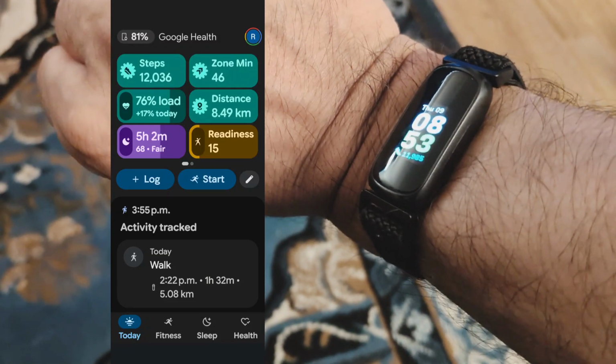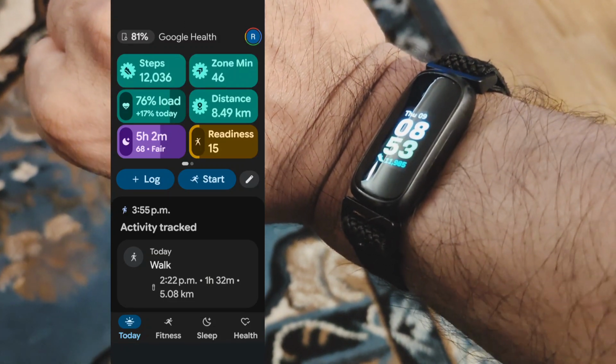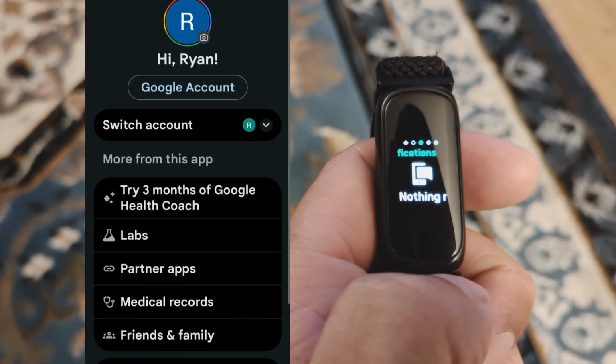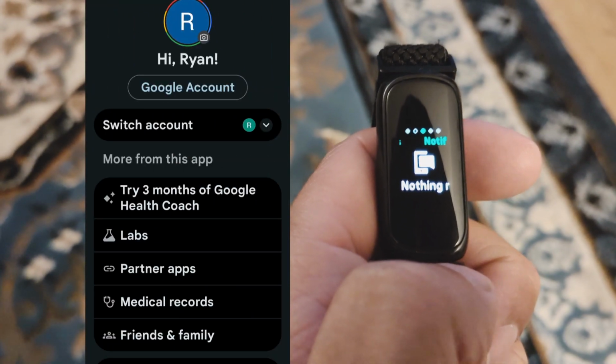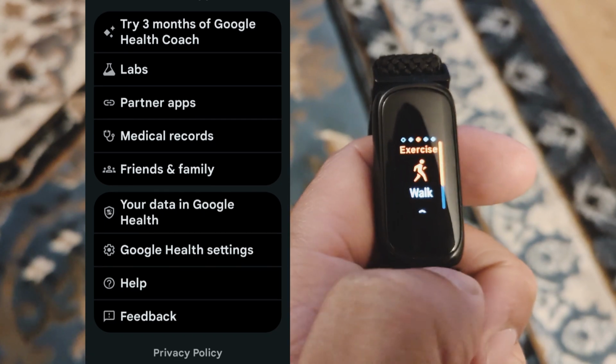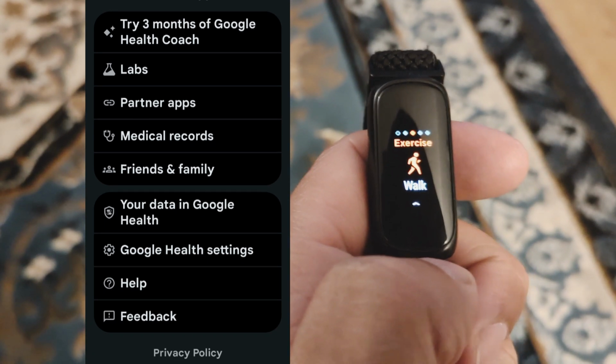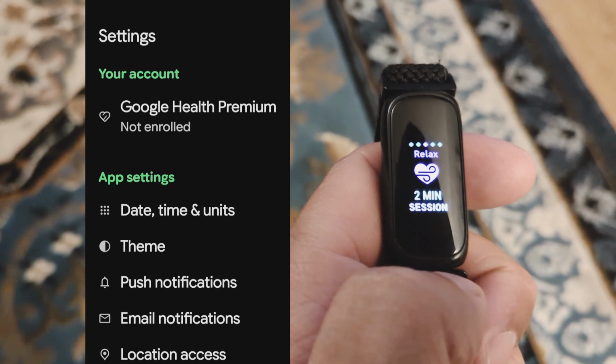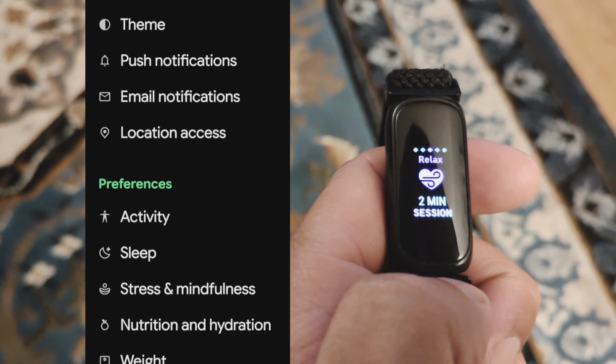Okay, to turn off activity detection, you actually have to go to the top right corner to that icon there. You push your icon, and then you're going to scroll down until you see Google Health Settings. From there, you'll have to scroll down some more here, and then eventually you're going to get to Preferences, and